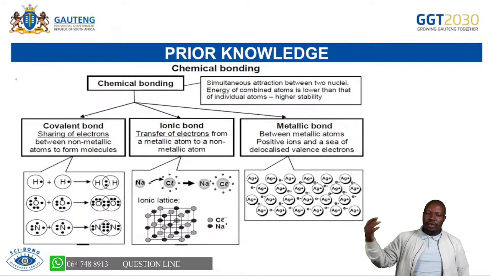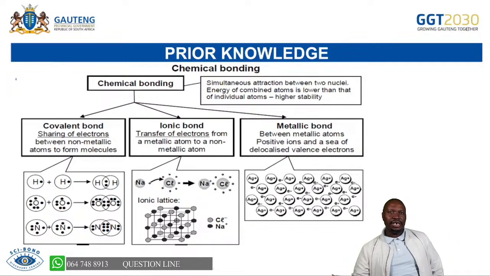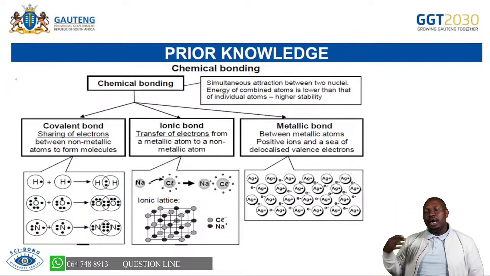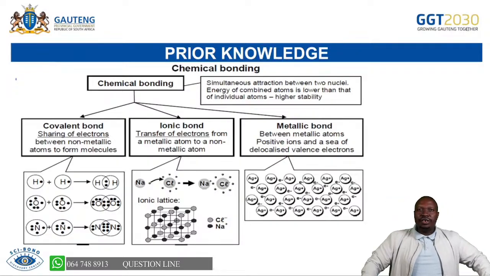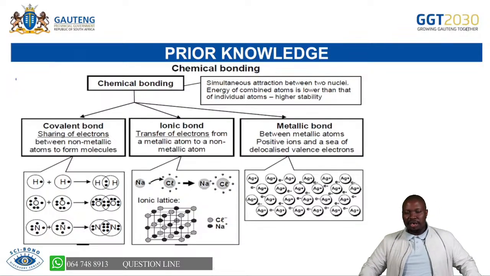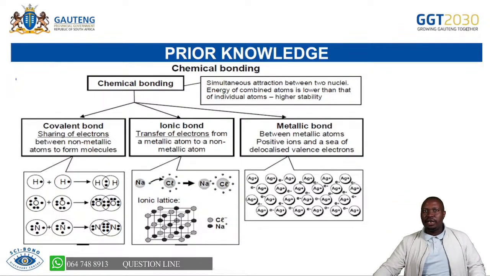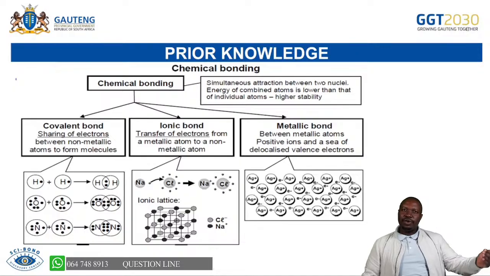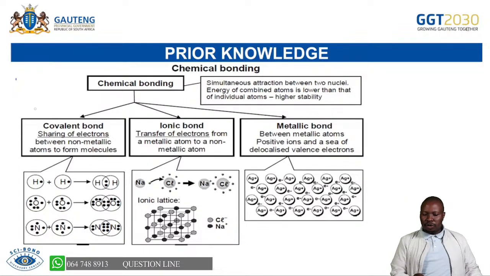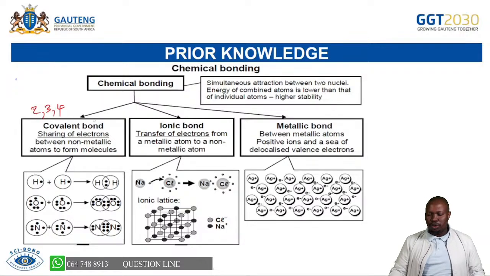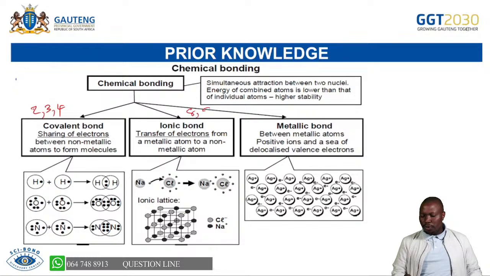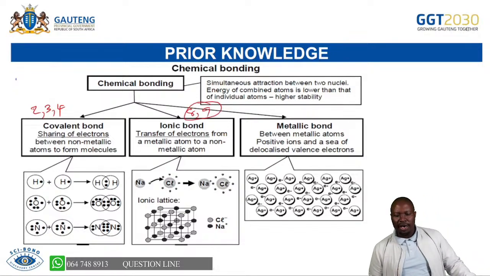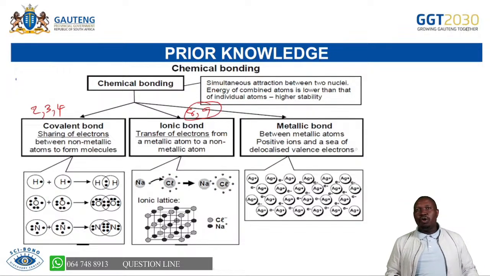and you will see as we continue with chemistry that this will be your question 8 and question 9, where you will be dealing with this ionic bonding, where we are focusing on reduction and oxidation reactions, which you have done as well in grade 11. So you can see we are always building on the foundation that we have done, because question 2, 3, and 4 are based on this sharing of electrons, which is covalent bonding. But when it comes to question 8 and question 9, we'll be focusing on the ionic bonding, as well as the principle of metallic bonding.